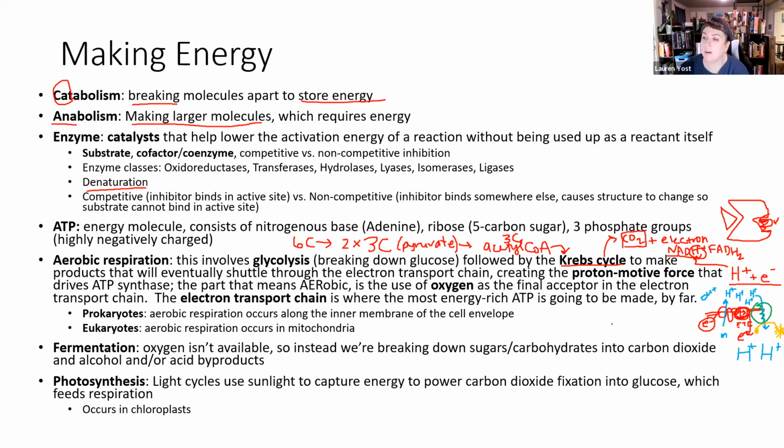And the way we're going to do that is we're going to take the electrons and these two hydrogen atoms, and we're going to take half of an O2. And all of this makes one H2O. And that's how we take care of those excess protons and clear them out. That's how we take care of those excess electrons that were flowing through the chain so we can keep more flowing through. So this is done by an enzyme at the end,